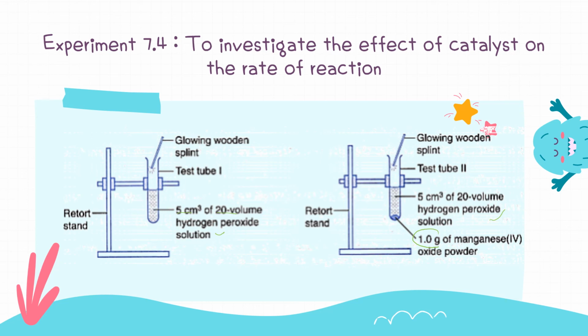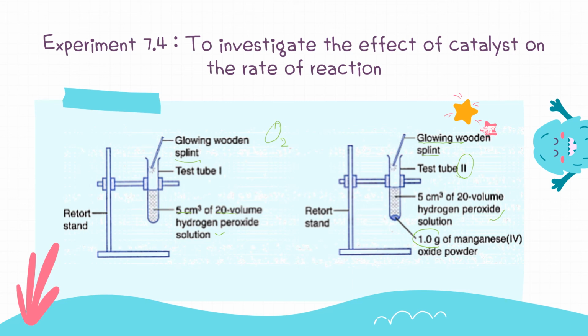So we notice that after we add manganese(IV) oxide to hydrogen peroxide, then we test with a glowing wooden splinter. We know that decomposition of hydrogen peroxide will produce oxygen gas. So oxygen gas will ignite the glowing wooden splinter. Okay, then we test both test tubes with glowing wooden splinter. So what happened is in test tube 2, the glowing wooden splinter ignites brightly